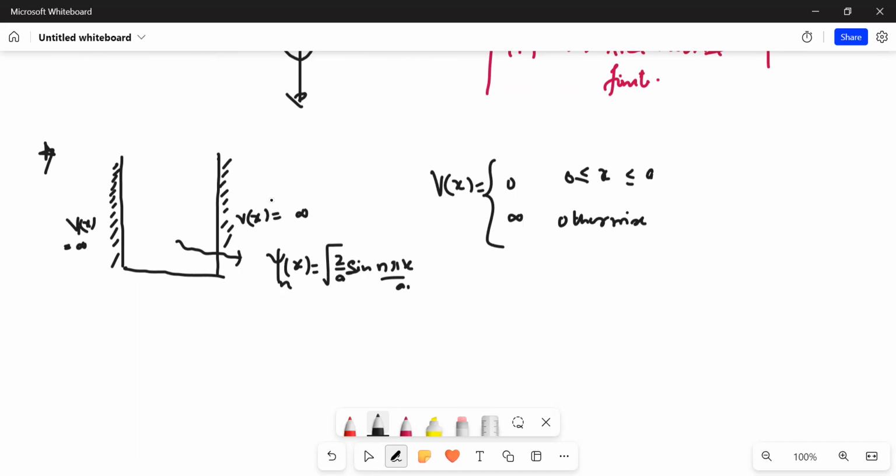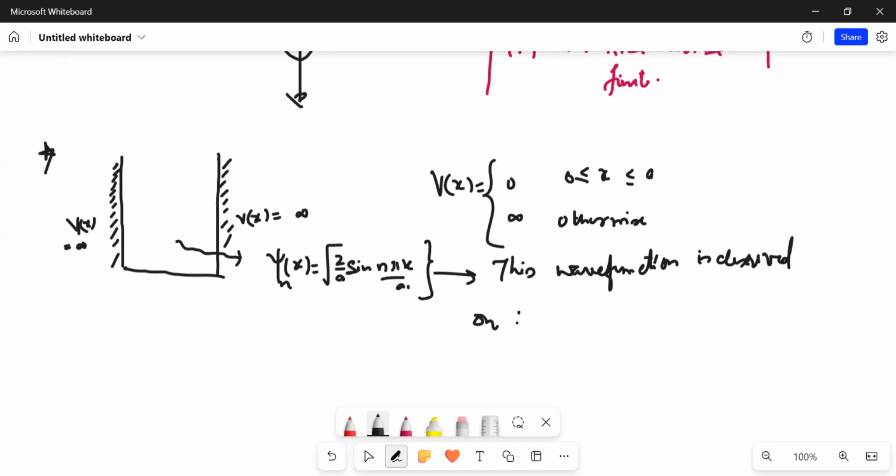If somebody has known this particular thing, only then one can follow this. Otherwise, one can skip. But understand that this particular wave function is derived